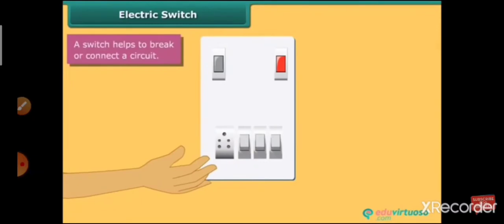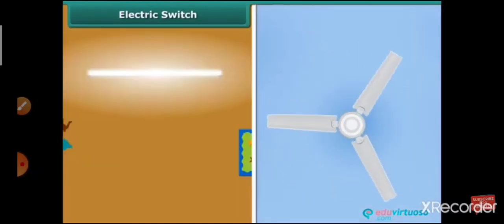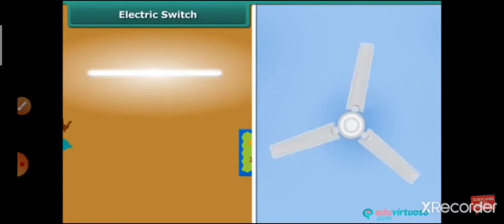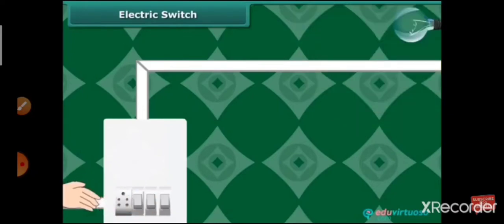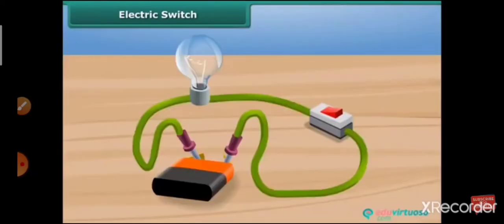Electric switch. We put the switch on or off when we want to use electric appliances such as a tube light, fan, or AC. To switch on the bulb, the switch is pressed down to complete a circuit. The bulb glows. To put the bulb off, we press the switch again.